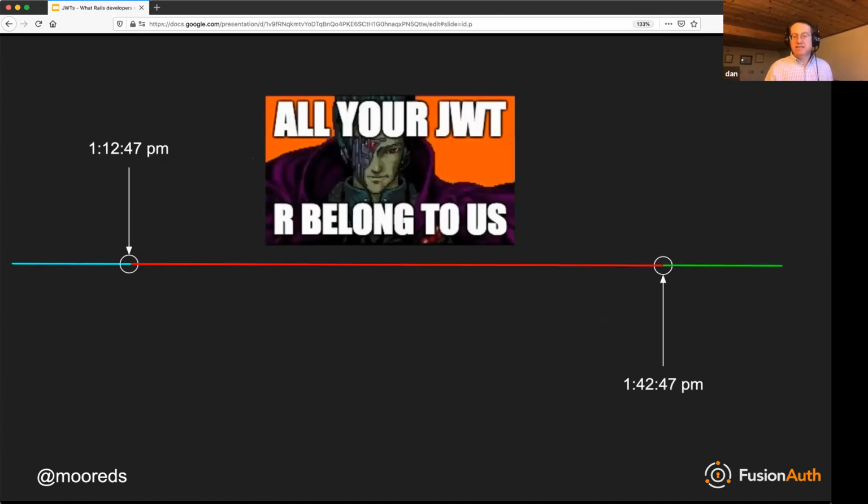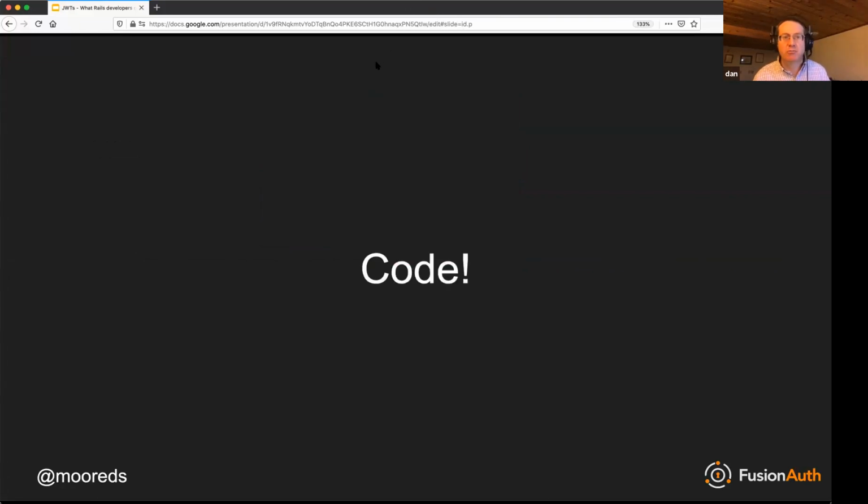So the idea is we're just taking care of this red area, which is the 30-minute length of time in which a JWT would normally be valid, but we are pushing some state to the APIs to know that the sign-out event happened now. That means any JWTs created in this blue area would expire somewhere in this red area and are no longer valid. Does that answer your question? I'm sorry, I don't recall who asked that. It was Erhan. Does that answer your question?